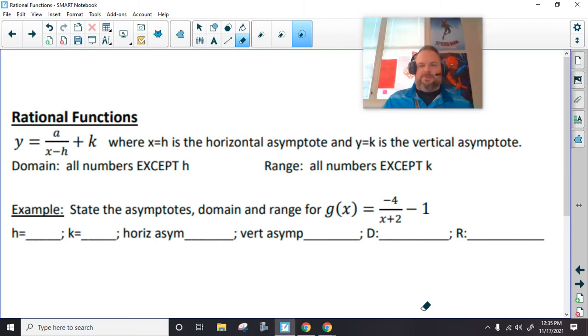Mr. Jeffries Algebra 2. Today we're diving into graphs of rational functions. Remember, I'm not a very big fan of graphing on paper. I think it's archaic. But we get to know the